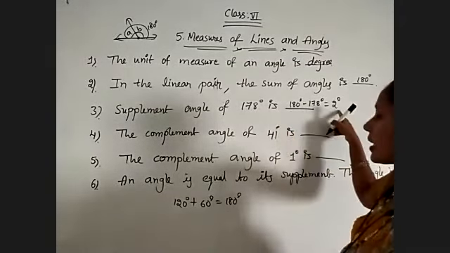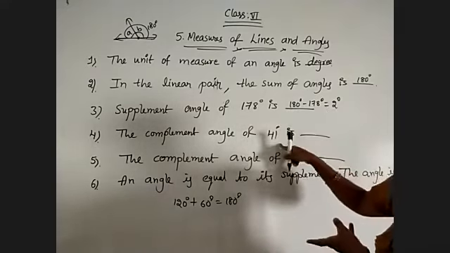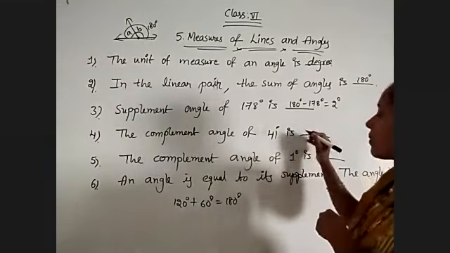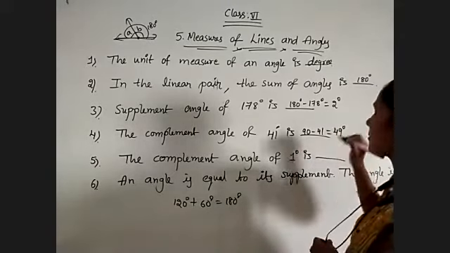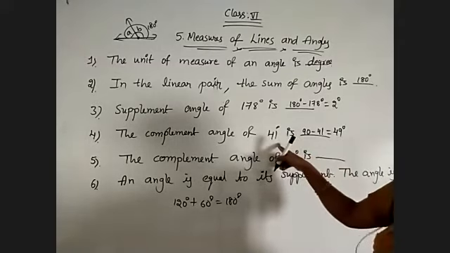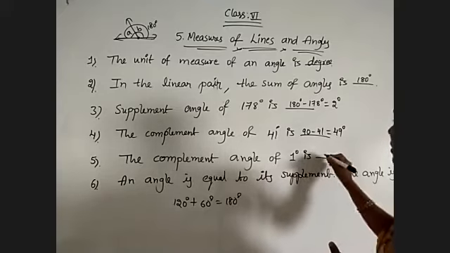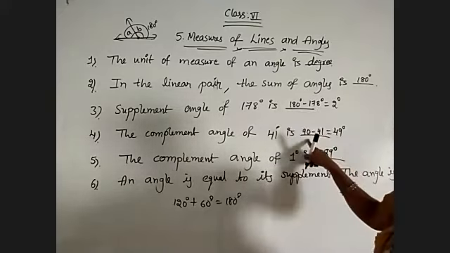And coming to the complement angle of 41 degrees. Supplement is 180 minus that angle. Complement: the sum of complementary angles is equal to 90 degrees. So the complement of 41 is equal to 90 minus 41. How much will we get? That is 49 degrees. Add these two: 49 plus 41 is equal to 90 itself. And coming to the complement angle of 1 degree, here we can write directly. For 1, how much do you need to add to get 90? 89 degrees. If you are unable to write it directly, then do it like this: 90 minus 1, that is 89.